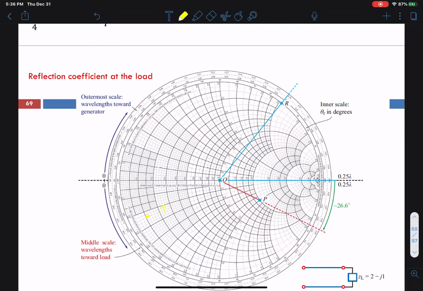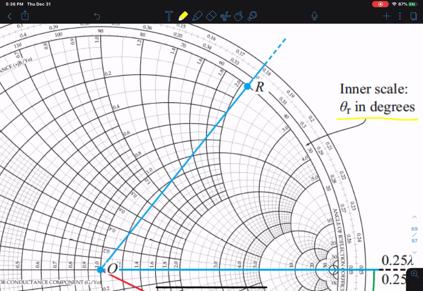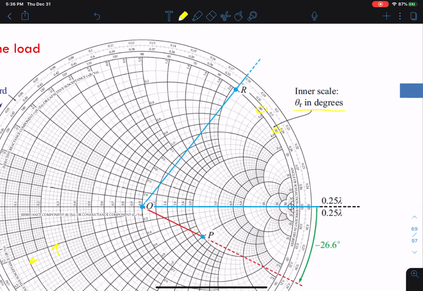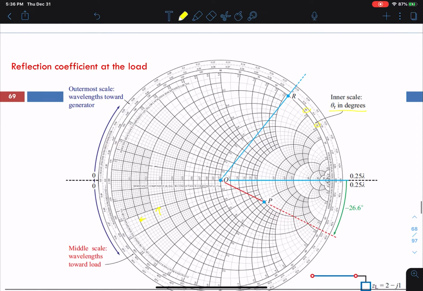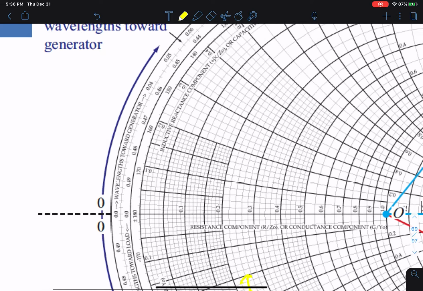The innermost circle right here is in degrees of the reflection coefficient. So if you look back here, look at this 30 degrees here, 40 degrees here. So this is the innermost circle used for the degrees of the reflection coefficient, right? Then there are two other circles here. The outermost circle, if I break the outermost circle over here, this one